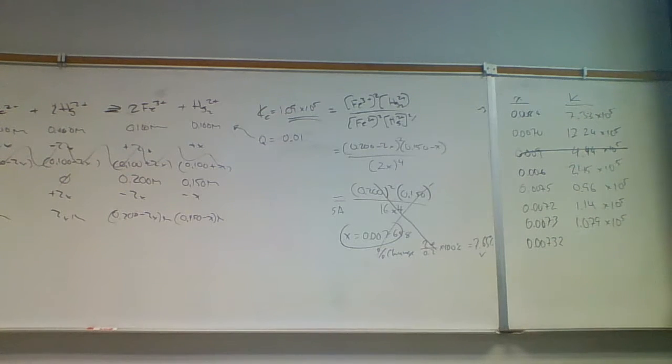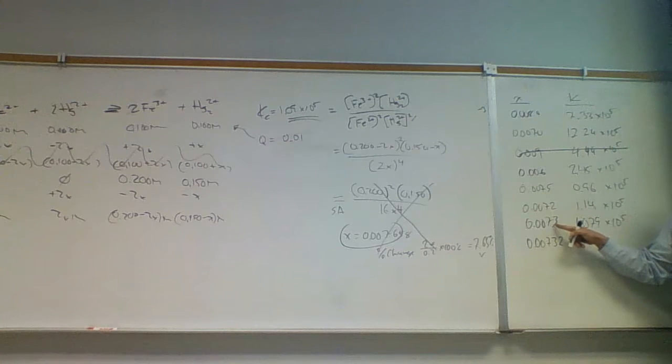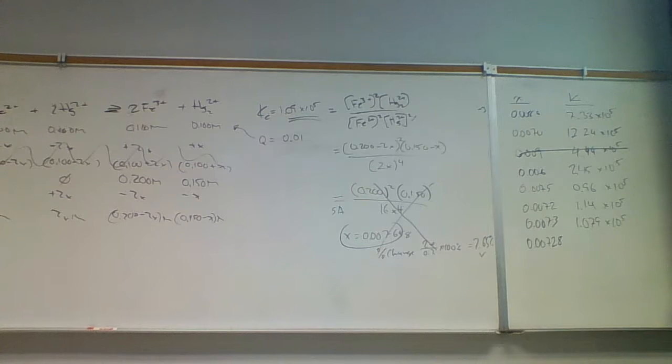What's that? Shouldn't you go the other way? Oh yeah, you're right. We want to go 2 below this. 728 is what we want. Because it's between these two. Excuse me. 728. All right, so let's try that. 0.00728